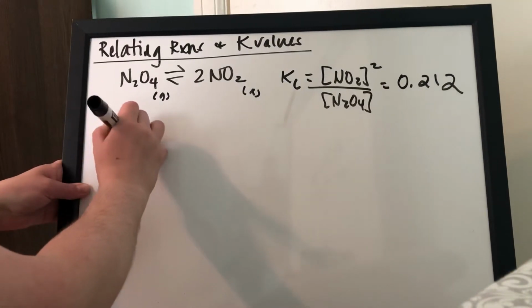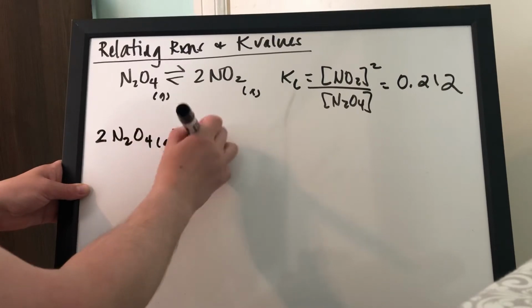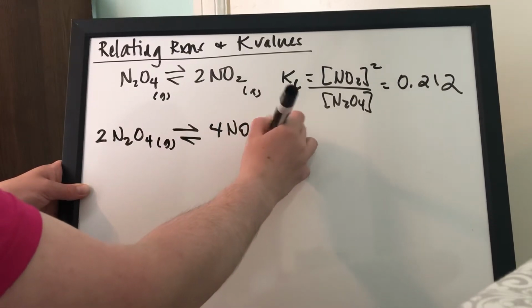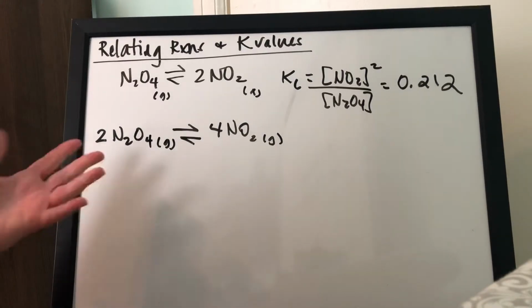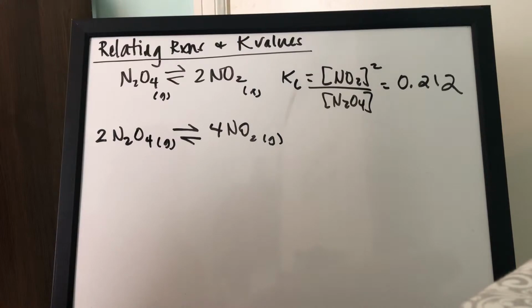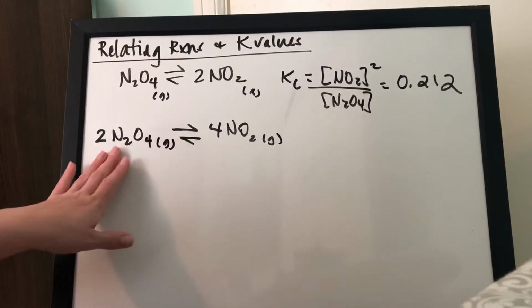So what if now this was my reaction? Okay. So, again, this is where a lot of times students get confused because they think thermochem. So if we, remember Hess's law, okay, so if we double a reaction in Hess's law, we double delta H because energy is directly proportional to the amount of reaction I have. And so you might be inclined to say, well, I would just double K. Okay, but that's not the case here, because you have to think about how the coefficients play into K, and